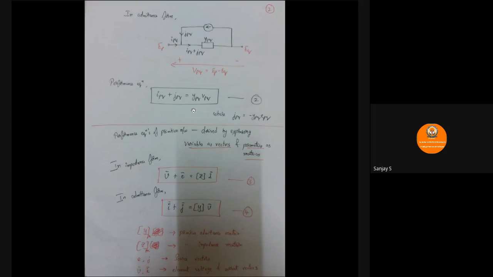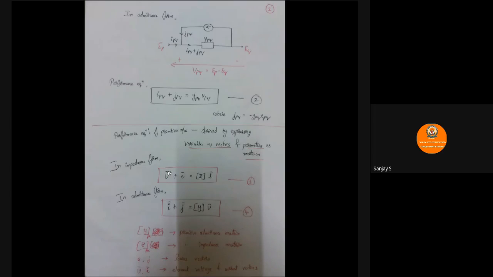Equation 1 and equation 2 are called performance equations. So equation 1 is VPQ plus EPQ is equal to ZPQ into IPQ, which we have written by applying KVL for this given representation. And here we have done the source transformation and then written the other equation. Now, from this performance equation of the primitive network, we can derive the